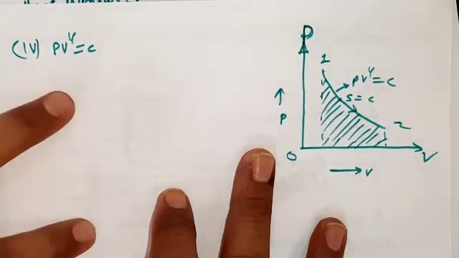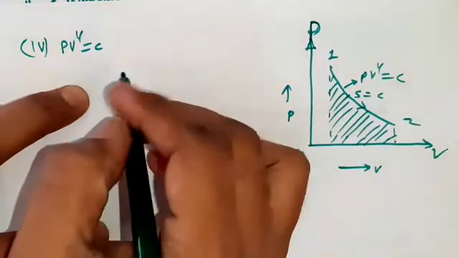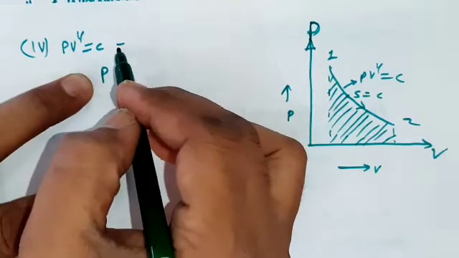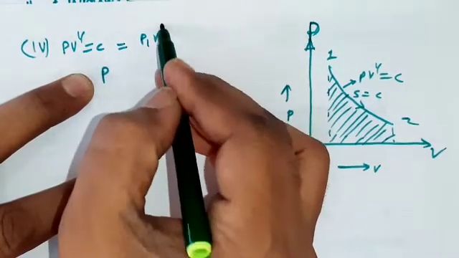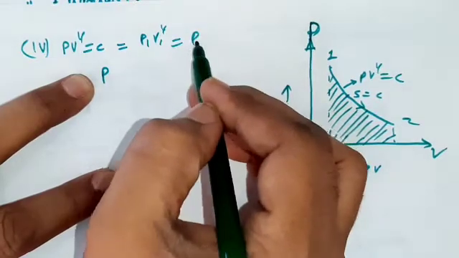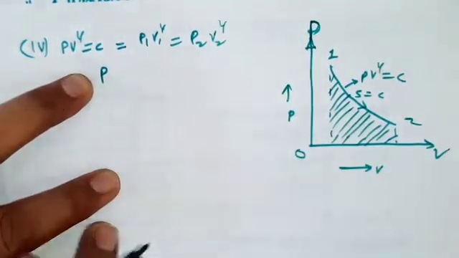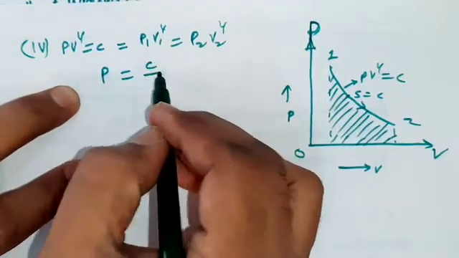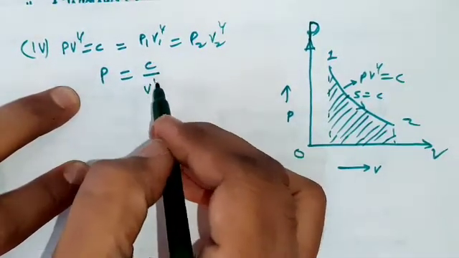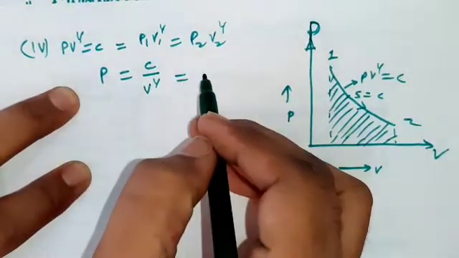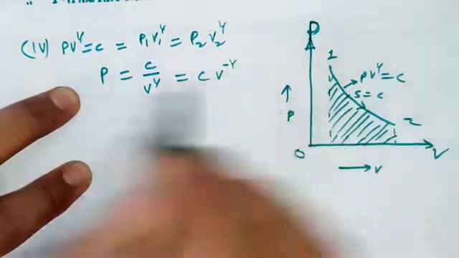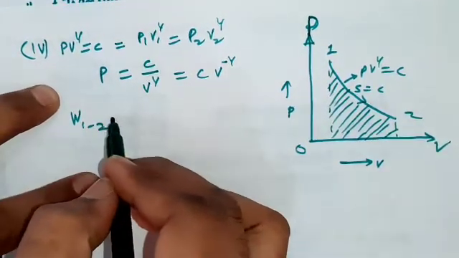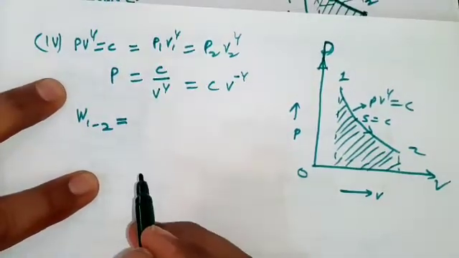So for an ideal gas, we can say PV^gamma is equal to constant, is equal to P1 V1^gamma, is equal to P2 V2^gamma. Or simply we can say P is equal to C upon V to the power gamma, is equal to C V to the power minus gamma. And now we can say work done during this adiabatic process 1 to 2 is equal to